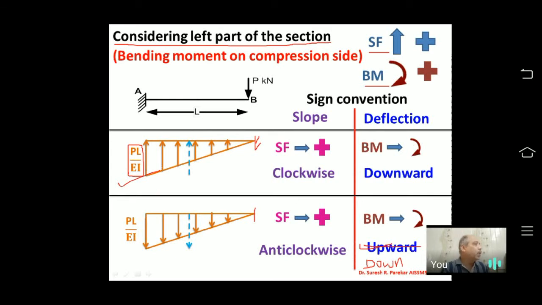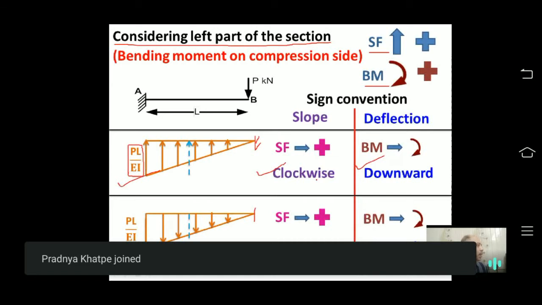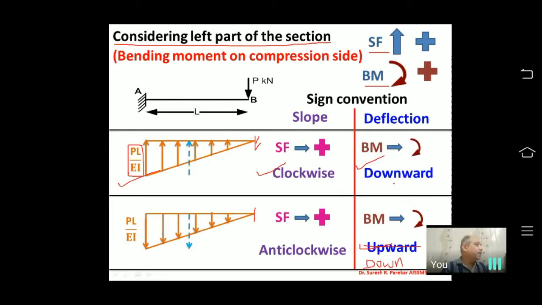So if you have the compression side, then we are considering upward, and then in my sign convention I have to consider this sign convention. If we combine them, you will be confused with this one. So we will go with sign conventions. We will show upward, shear force positive clockwise, bending moment clockwise. So now we will go with the problems.